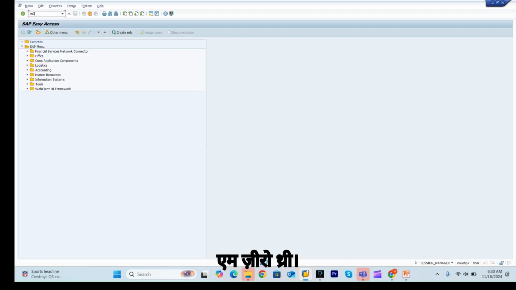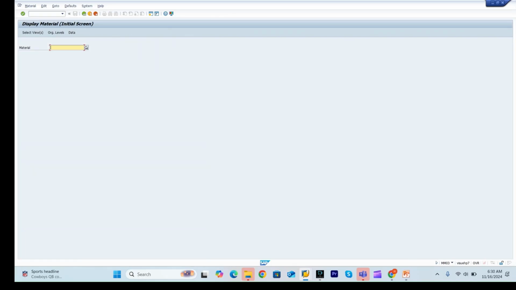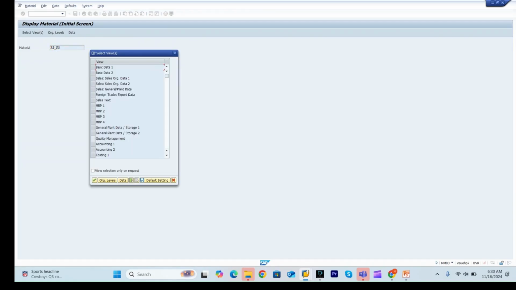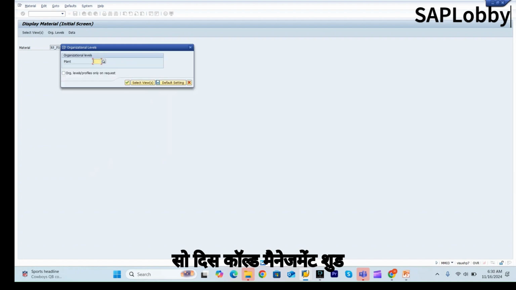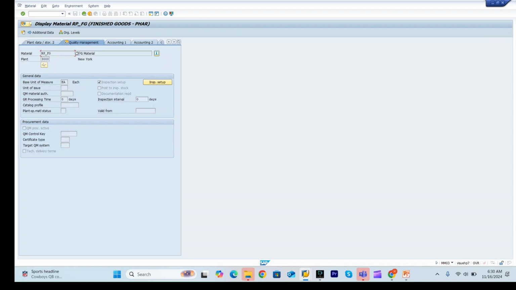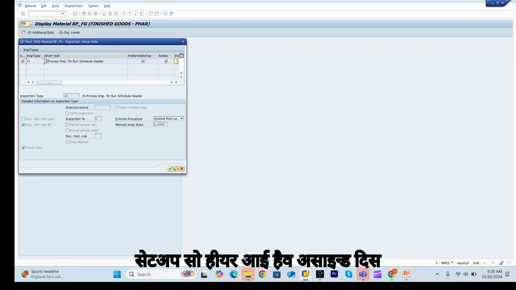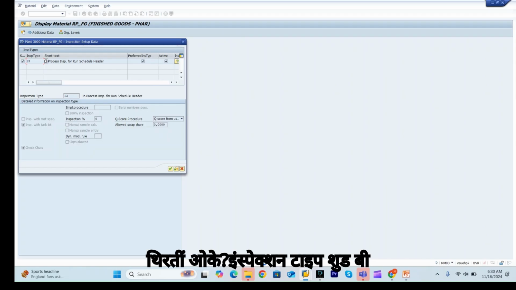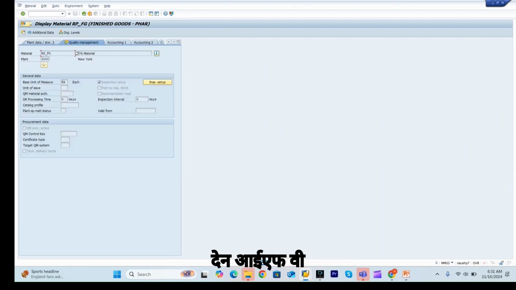So MM03, material. This quality management view should be extended for this finished material. Okay, so this is the inspection setup. Here I have assigned this 13. Okay, the inspection type should be assigned to this material master. Then if we go to